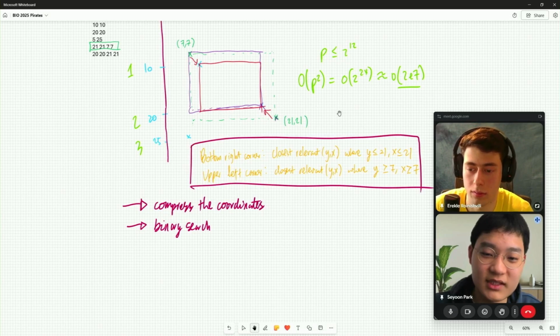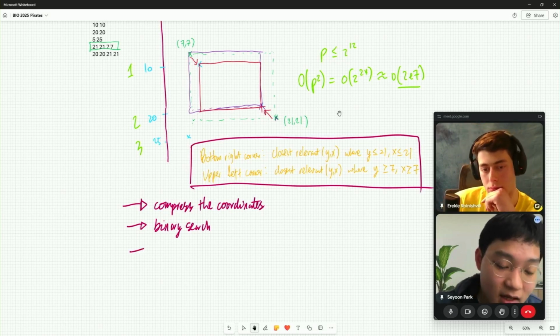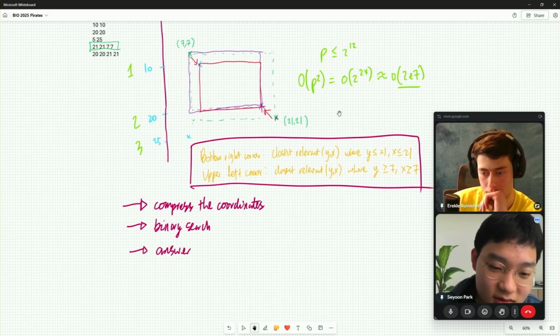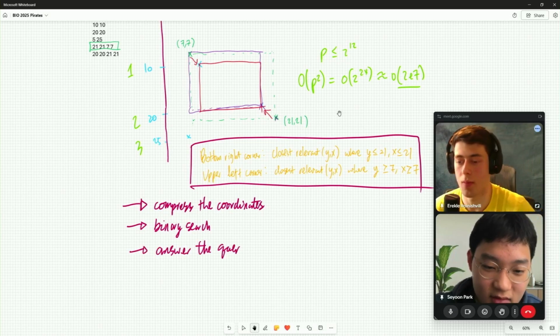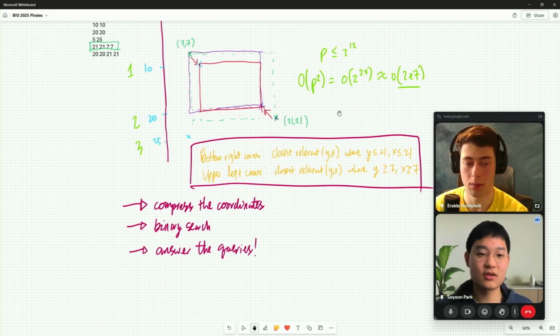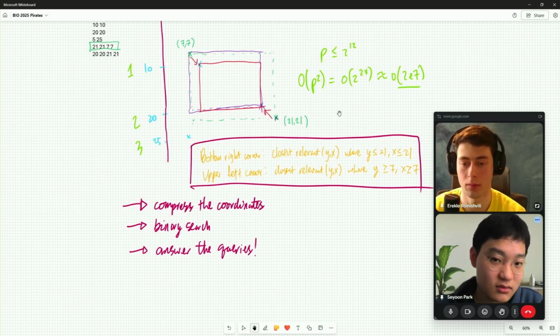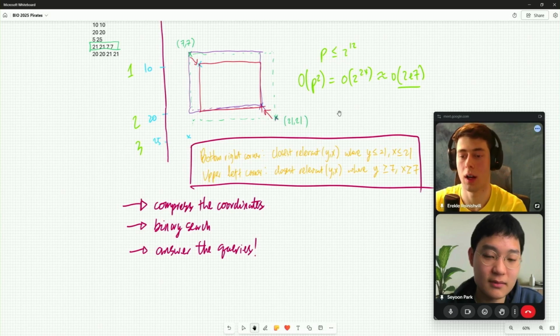One is the upper bound, one is the lower bound. And then you just answer the queries afterwards. So you're answering the queries online. Yes, online, which means there are no modifications.